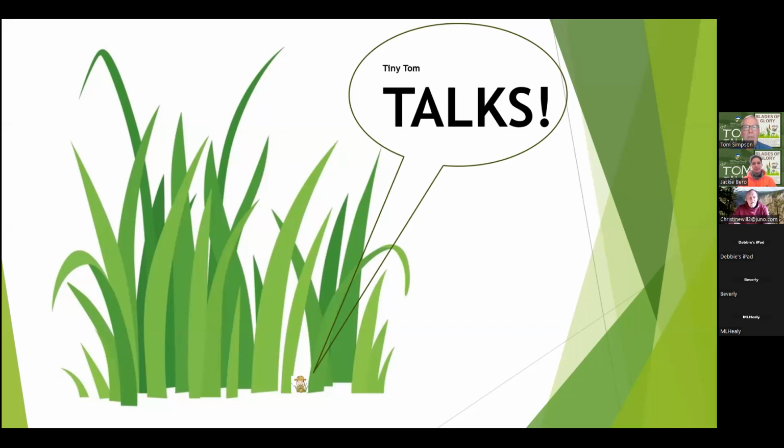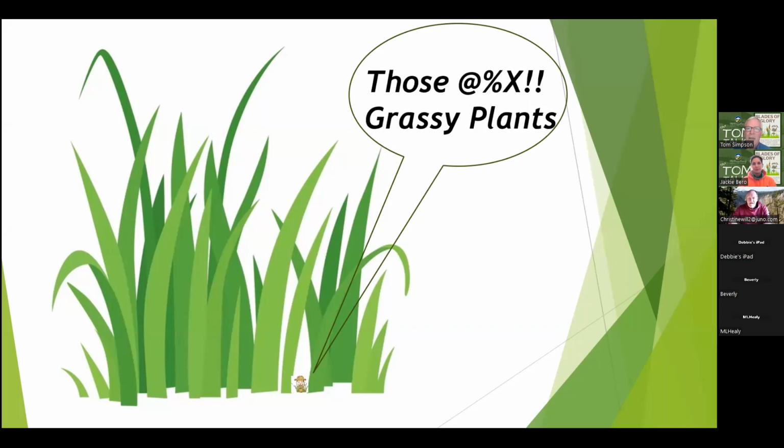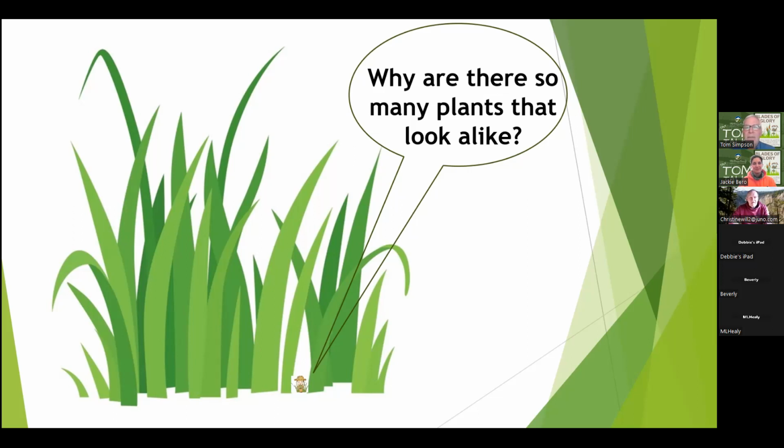We're going to talk about a group of plants today that, having been around botany and teaching plants and trees for many years, I've often come across this difficulty of all these plants that sort of look like grass, and yet they're not grass. And in fact, they're not two or three things. They can be hundreds and hundreds of different things. And why? So we want to look at some of the major groups of these things and how they differ